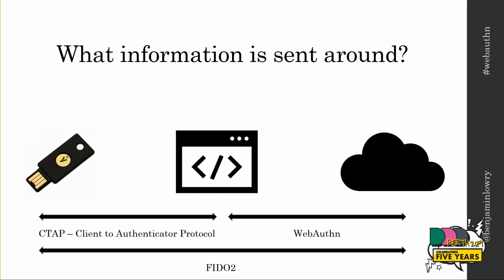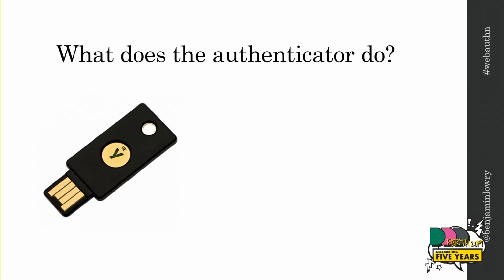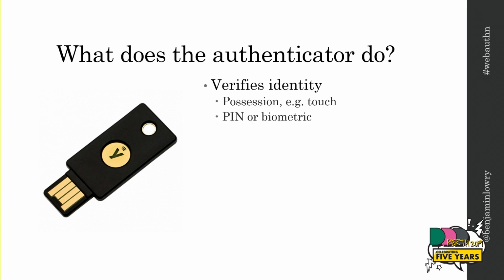And I talked a bit about the magic that the authenticator does, so we can have a little bit of a look at that now. The authenticator has three main things that it does. Firstly, it verifies your identity. And it does that through possession and/or a PIN number or a biometric reading. And that kind of means you have two factors in one. You know, we talk about two-factor authentication being something you know and something you have, or something you are. We've kind of already got that. By being able to press a button, that proves that you have it, and by having a PIN, that proves that you know something, or by using a fingerprint, proves that you are something. So you kind of get two factors in one, which is why you can use this as a strong single factor.